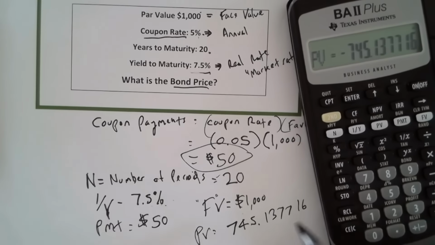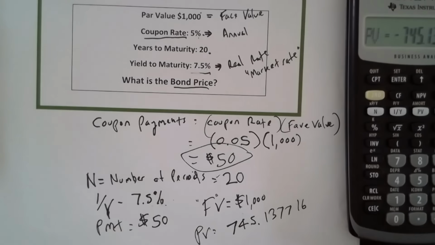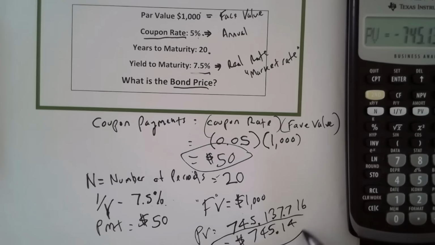$745.137716. And because bonds are sold in dollars and cents, we're going to round it. We're rounding it to the penny, a 1, and then there's a 3 with a 7 next to it, so we got to raise the 3 to a 4. So our bond price is